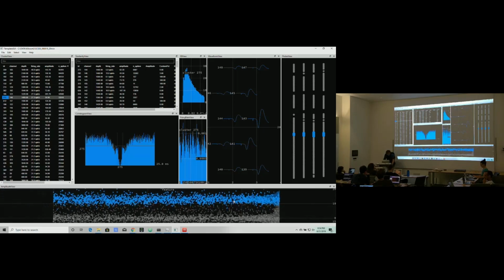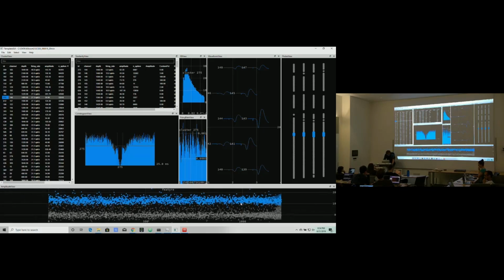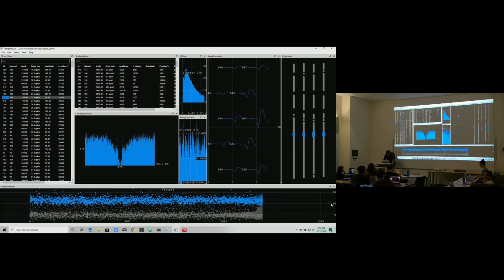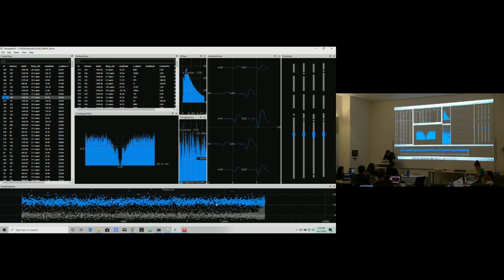Okay, let's look at the amplitudes down here. So here also there's some cool stuff going on, which is, you can see the guidelines at 10, 20. Remember, these are Kilosort amplitudes, not millivolts. They can show